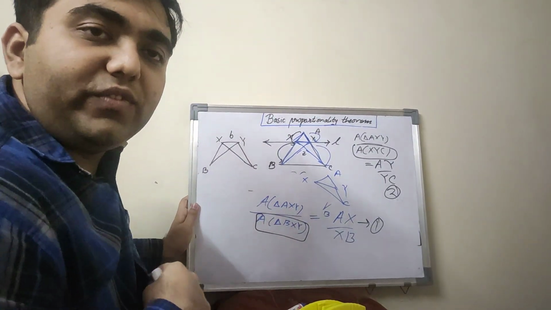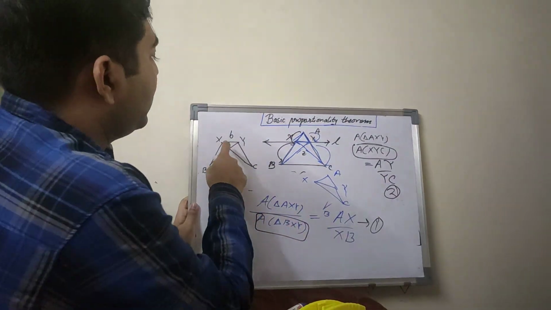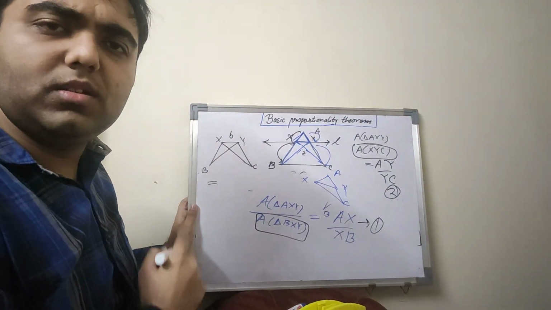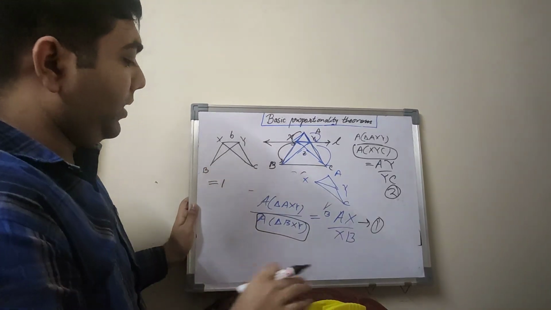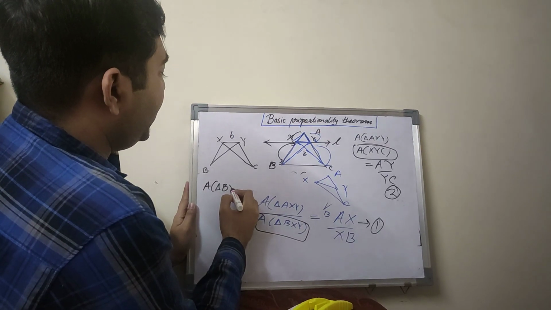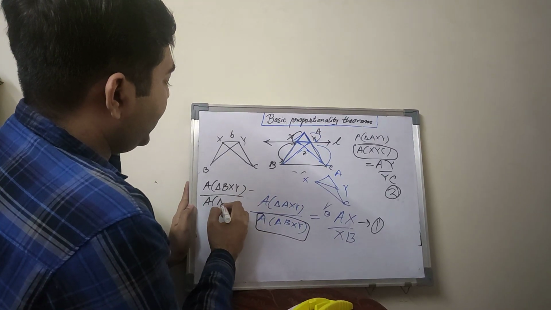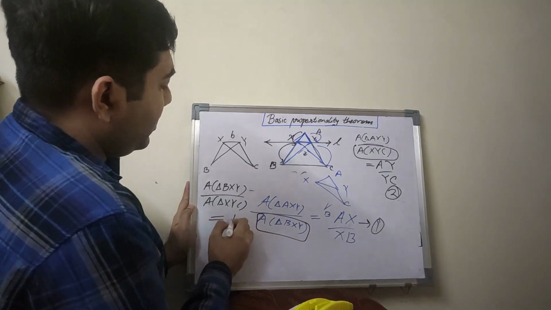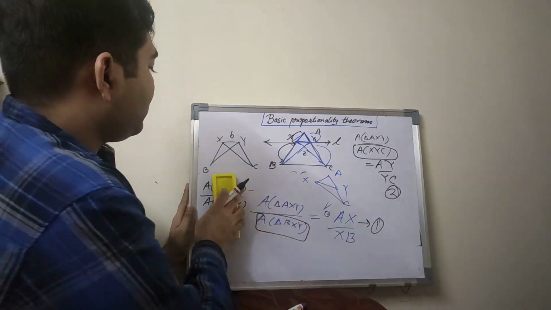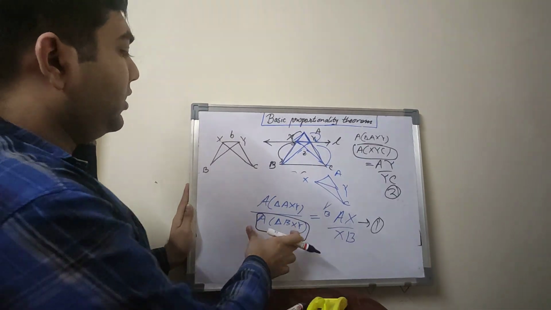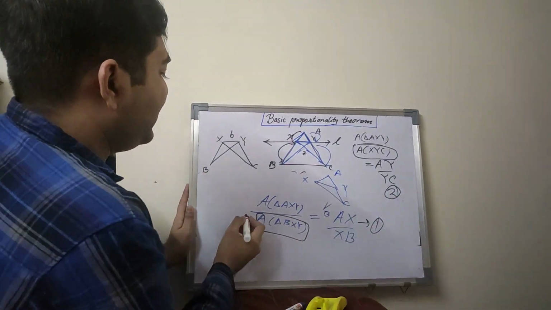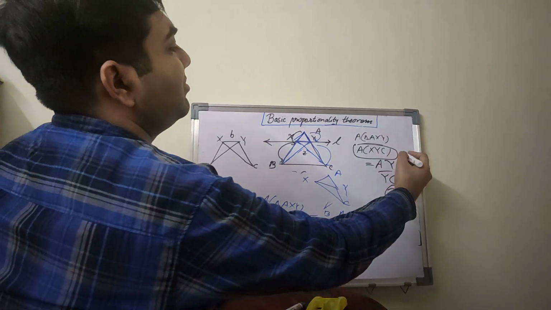And what was the third case? If you have two triangles lying between two parallel lines, of course with a common base, then the ratio of the areas of these two triangles is 1. Let me just write it: area of triangle BXY upon area of triangle XYC is 1. The ratio is 1. What does it mean? Both areas are the same. So these two quantities in the denominators of these two equations are the same. Let's just name it as some P.